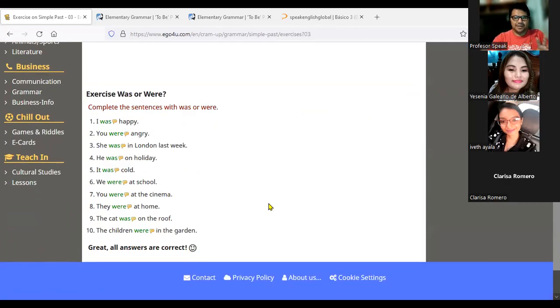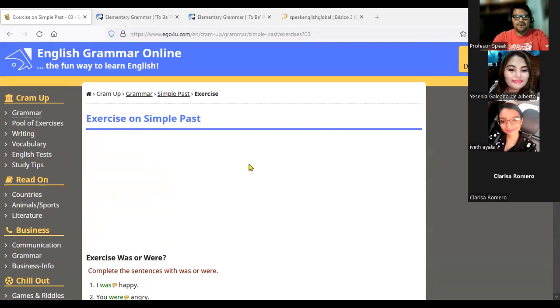And the page is very friendly. It's very useful. As you can see, you can practice different forms of the grammar, and then you can check the answer. Imagine that what you chose was wrong. It's marked in red, and it gives you a quick explanation why this was wrong. So this can help you also with further practice.